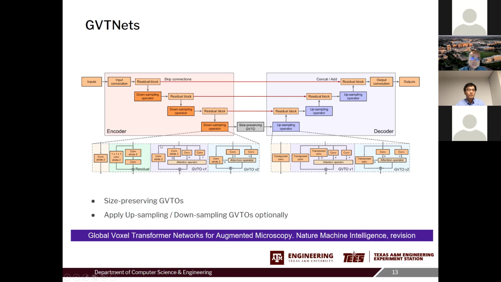These are the zoom-ins of each of the global operators you can use. In each of the upsampling and downsampling cases, there are two different versions that we have developed. This work is currently under revision with Nature Machine Intelligence, a new journal in the Nature series.